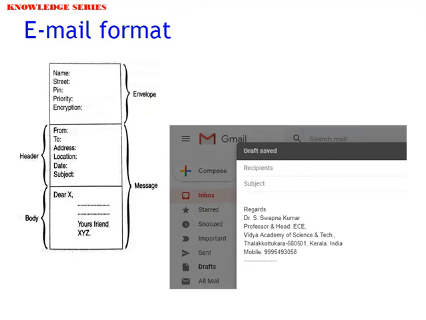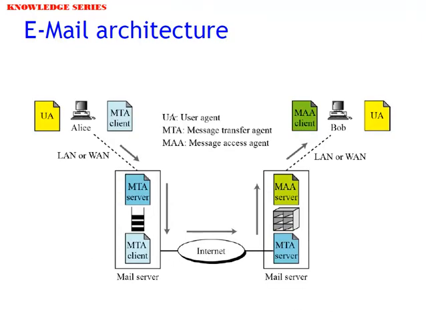So this is an envelope over which this particular message is created using a header, and the header is this one and the body is this one. So the entire thing becomes a message which is being transmitted. That is what we are seeing in this particular slide.